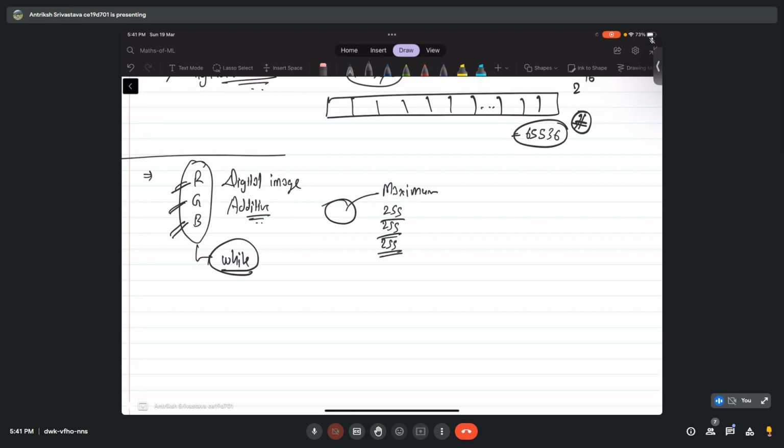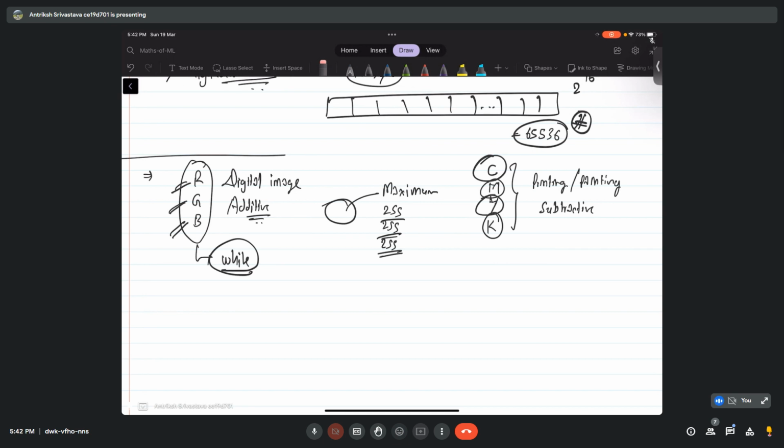Whereas there is another kind of color combination that comes when you try to print something or paint. That is cyan, magenta, yellow, and then black. You can just say CMY, but since CMYK was written, I'm writing it here. This is for printing or painting purposes, and it is a subtractive mode. Why subtractive? Because when you combine cyan, magenta, yellow in real life, they don't give white, they give black. That's why it's called subtractive.